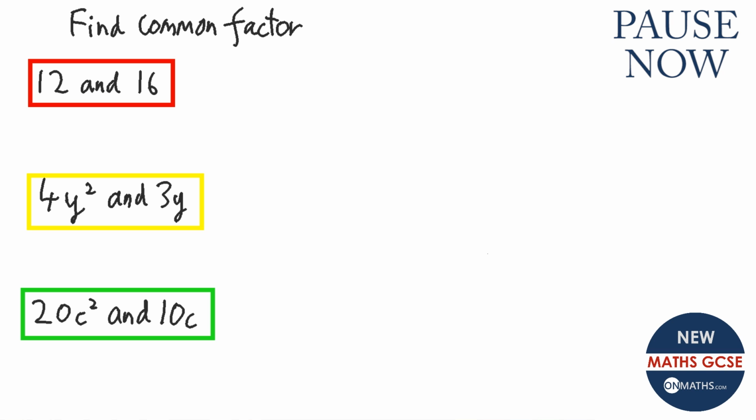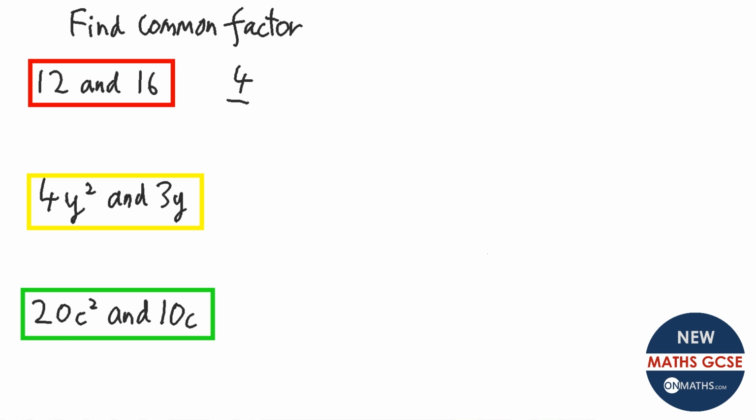So the first one, 12 and 16. Well, I know the biggest times table that they're both in is the 4 times table, because 3 times 4 is 12 and 4 times 4 is 16. This next one, the 4 and the 3, well, there's no number that goes into 4 and 3. Okay, 4 is 2 times 2, but 3 is just 1 times 3, it's a prime number. But the y squared is y times y, and the y on its own, well, they would make a common